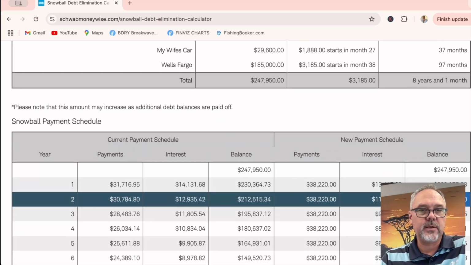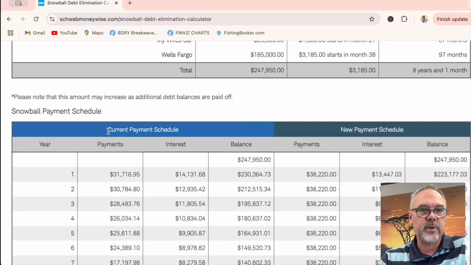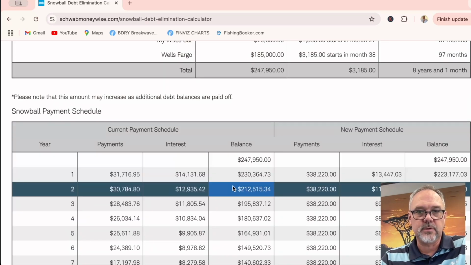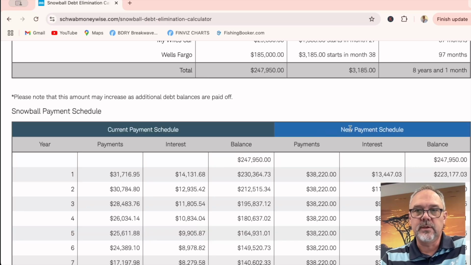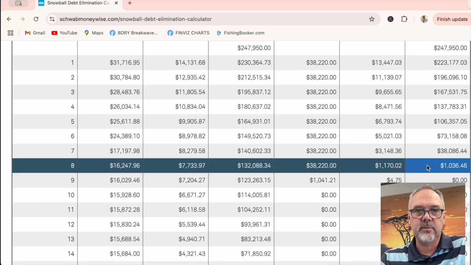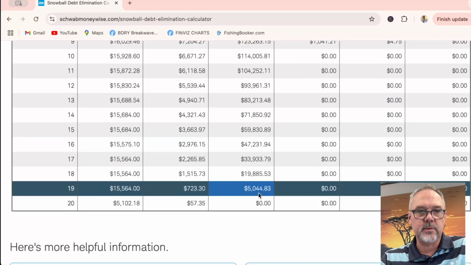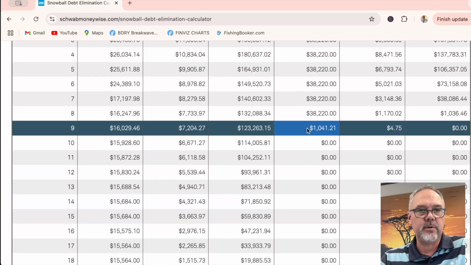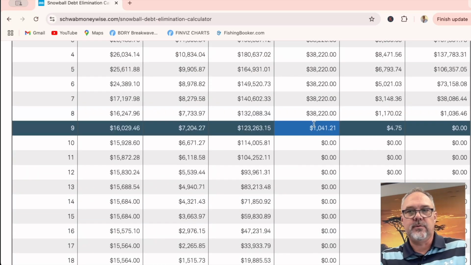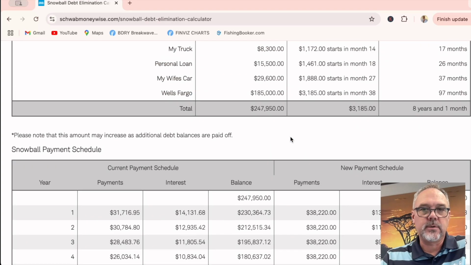So you can play with that, go in there. It's a great tool, and this kind of shows you here, you've got the current payment schedule, what it looks like, what your balance is, and how it reduces each month. And then the new payment schedule, what that looks like and how the balance decreases. So you can kind of go down through here and compare the two. So if you're still making those minimum payments, you're still paying all this time down here to 19 years, versus here you're paid off really in year 8, and you've just got a little bit left in year 9 that you're paying. So if you pay that extra $500 a month,